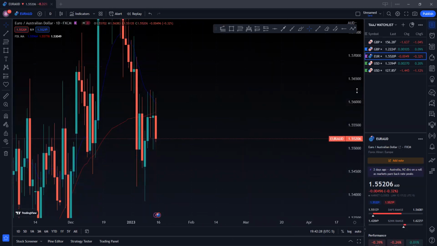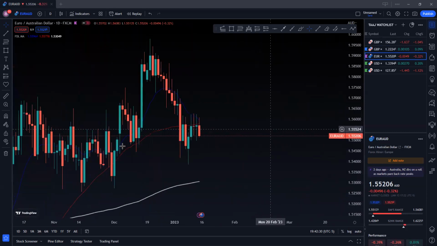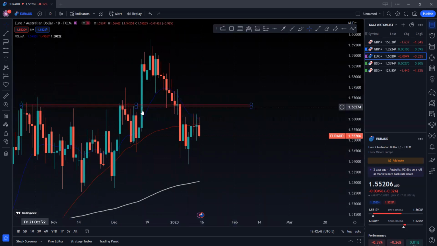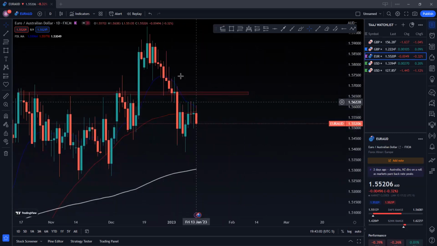I'm just gonna remove all the lines. And as you guys can see, we have this little bit of a consolidation here, and we have this push to the upside. Okay, see, higher, and higher low, and then higher, but the price just went back to the consolidation zone. So basically, I will draw a zone like this. There was a resistance, and then a push up. It had a little bit of rejection, and you could have made some money off of this one and this one as well. But eventually the price came down and it closed